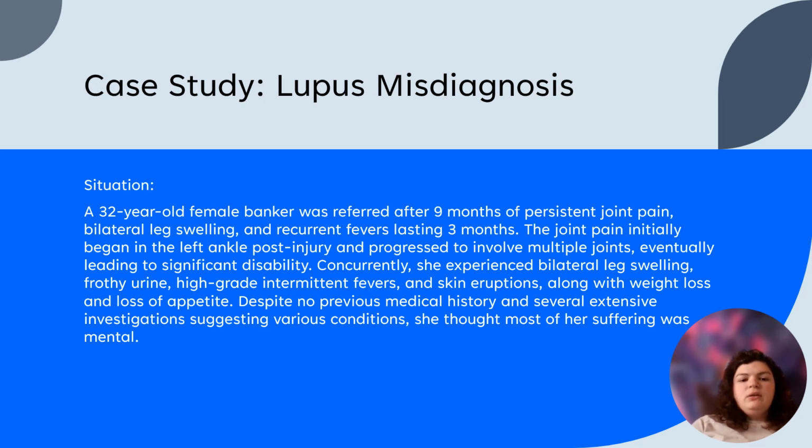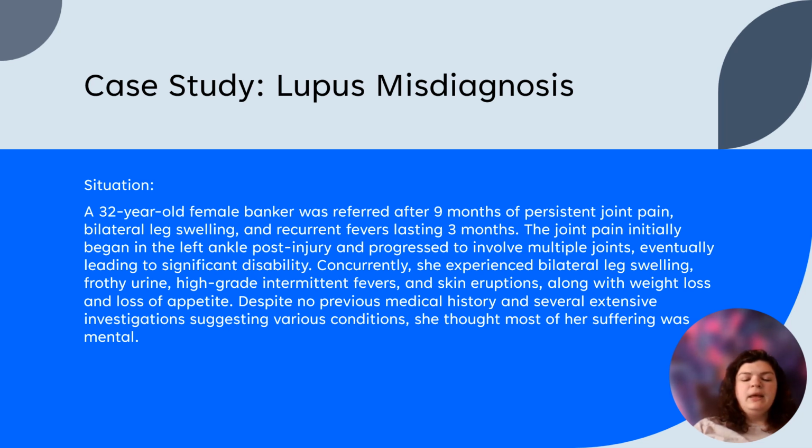A case study involving a lupus misdiagnosis. The situation: a 32-year-old female banker was referred after 9 months of persistent joint pain, bilateral leg swelling, and recurrent fevers lasting 3 months. The joint pain initially began in the left ankle post-injury and progressed to involve multiple joints, eventually leading to significant disability. Concurrently, she experienced bilateral leg swelling, frothy urine, high-grade intermittent fevers, and skin eruptions, along with weight loss and